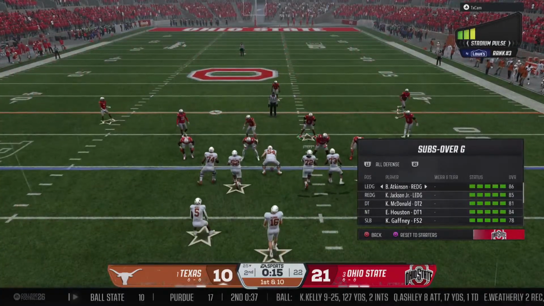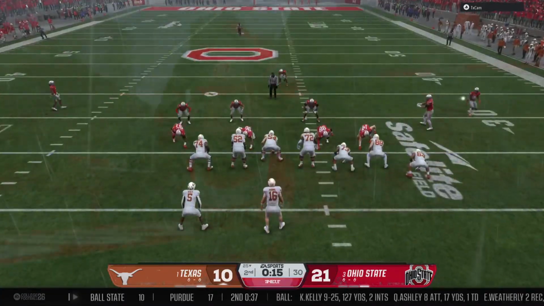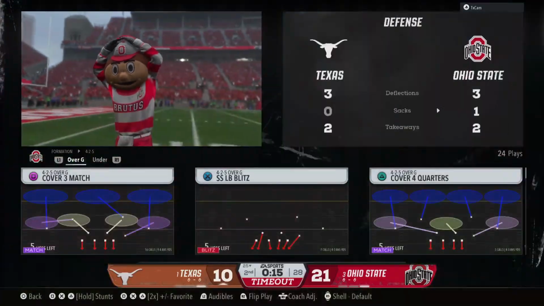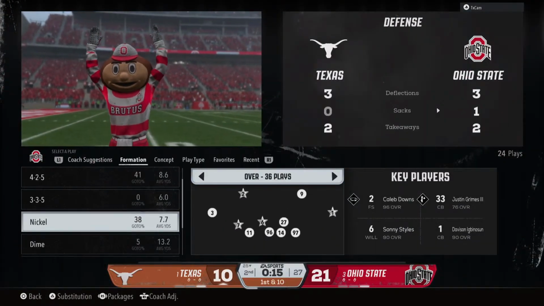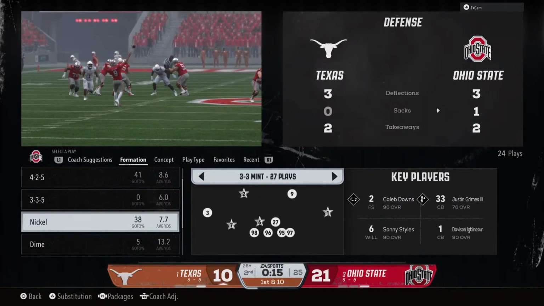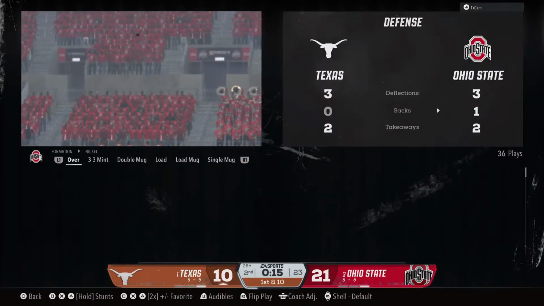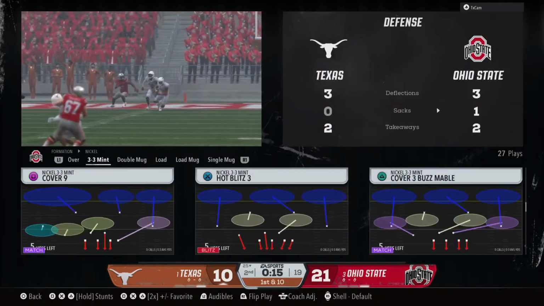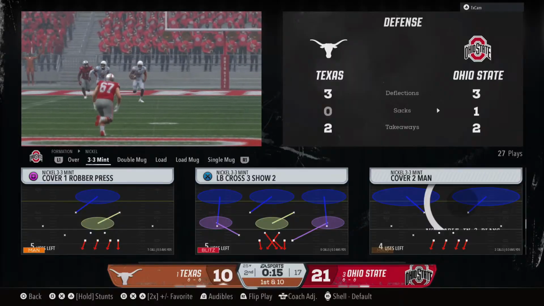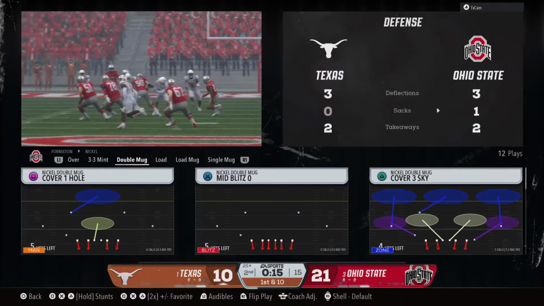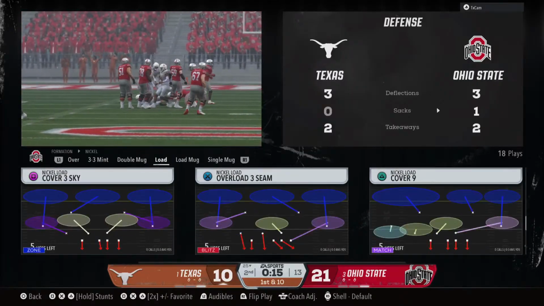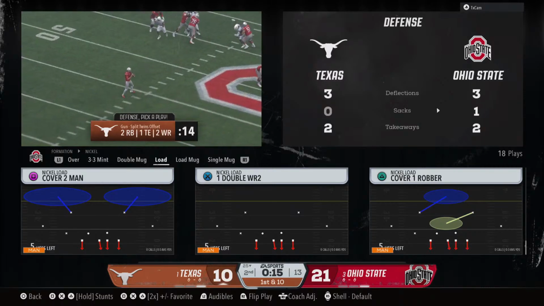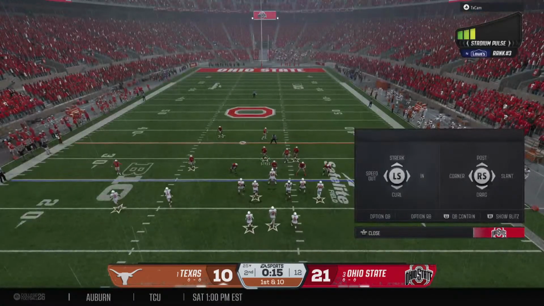So the offense looking to be efficient here. Not much time remaining before the end of the half. And the defense will spend their second timeout here to make some adjustments. 15 seconds left in the half.